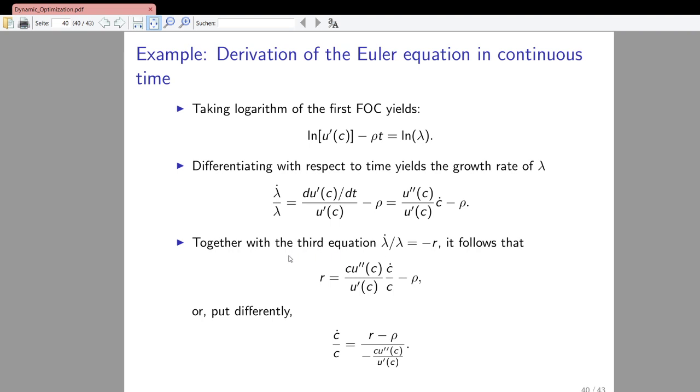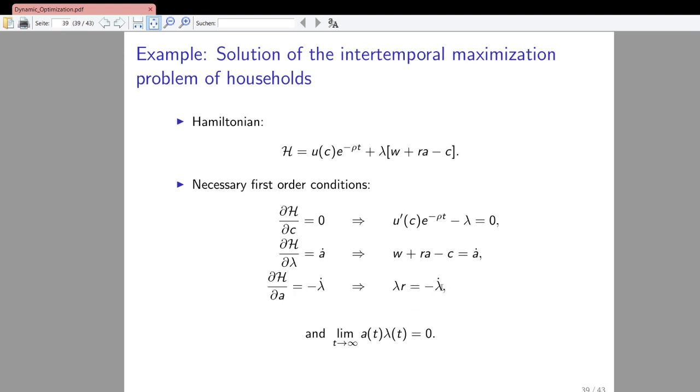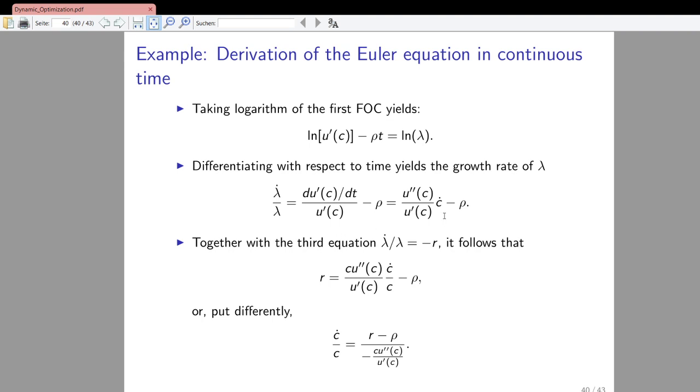And now we can use the third equation, because from the third equation, we know that the growth rate of the co-state variable is actually the negative of the interest rate. We can derive this from the third equation, and we can plug this result in here on the left hand side, and at the same time we then get rid of the co-state variable from this expression. So if we plug in minus the interest rate, lambda does not appear anymore in this equation. And then we can reformulate it such that we